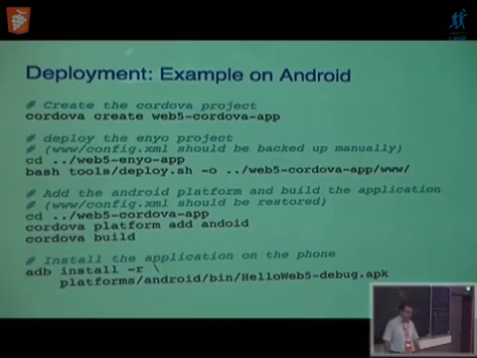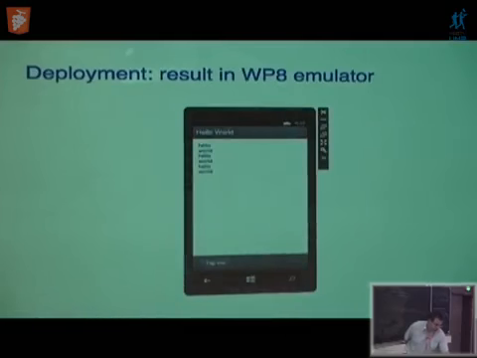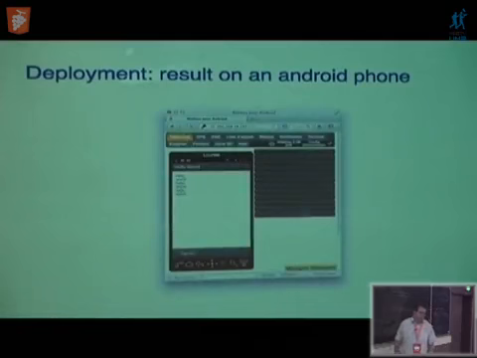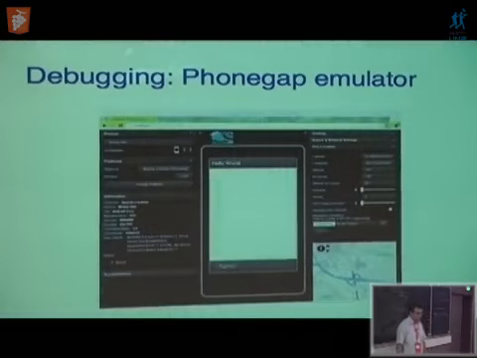So you would have a platform. In this example you have Android, but it could also be iOS. And you just build your application and install it, just like any Android application. For a visual example, here is how it looks in an iPhone emulator, in a WP8 emulator, and on a real Android phone. To debug your application, it can be very handy to use the PhoneGap emulator